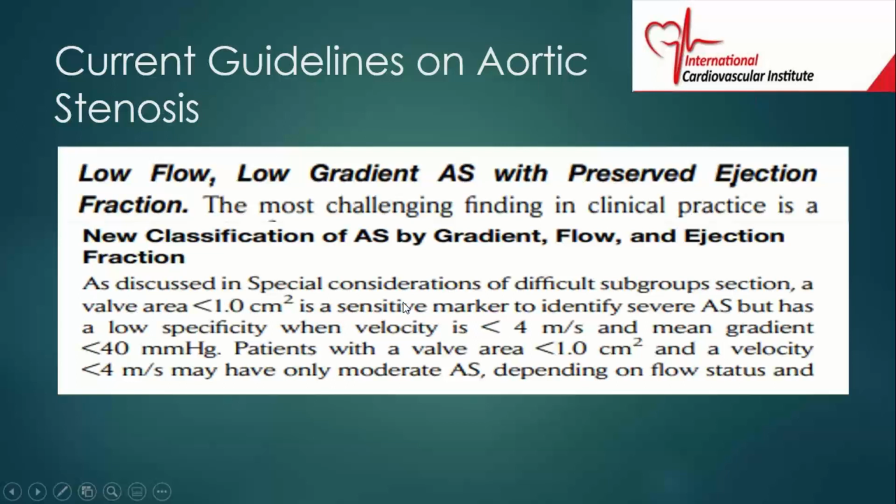The next thing you look at is the velocity. Is the velocity less than 4 meters per second? Is the mean gradient less than 40? So if the patient has a valve area less than 1 centimeter squared and the ejection fraction is normal,